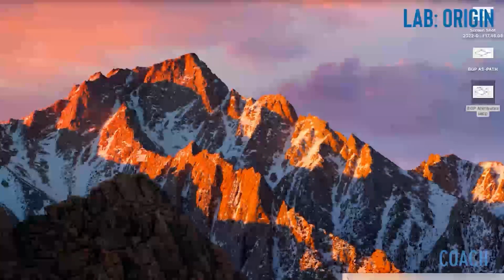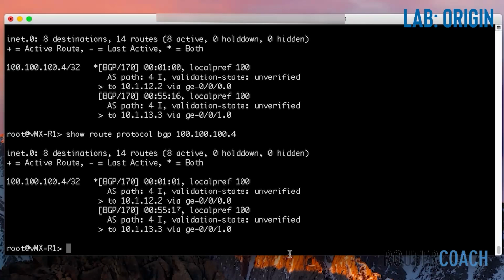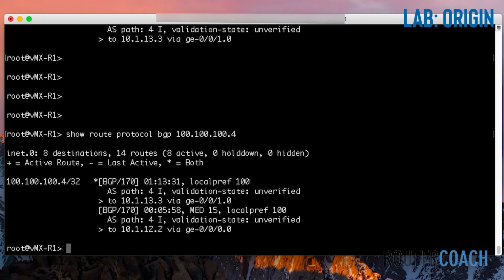So if I was to open up R1 and have a look at the protocol, which we've got here on the screen, if we're showing the protocol for the prefix of 100.100.100.4, we see these two things here, where 4 is the AS path where it originated from, and I is